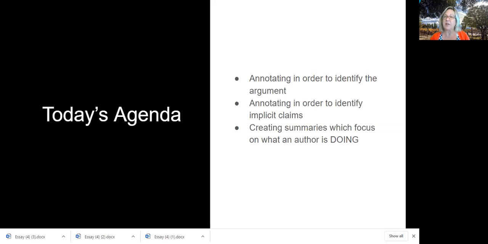For example, when we talked about Koenig last week, we saw that Koenig was making claims about the water even before he made his argument about the water. And so we could see that he was building on that to make it more important.